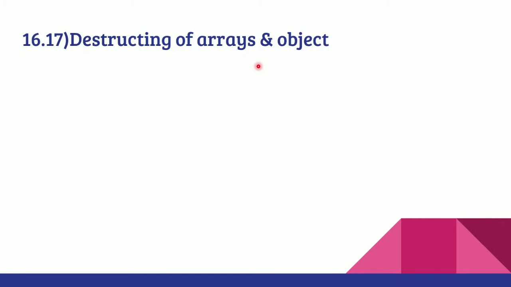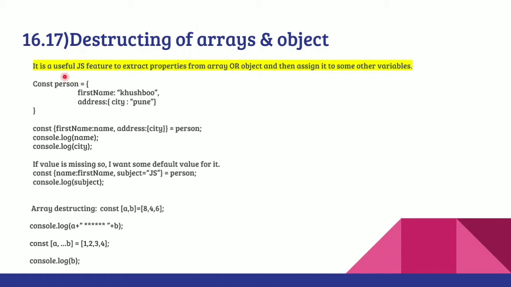Hello everyone. Now we will start with our next important question: destructuring of arrays and objects. It is a useful JavaScript feature to extract properties from arrays or objects and assign them to other variables and use them. So what is happening if we have been given an object named